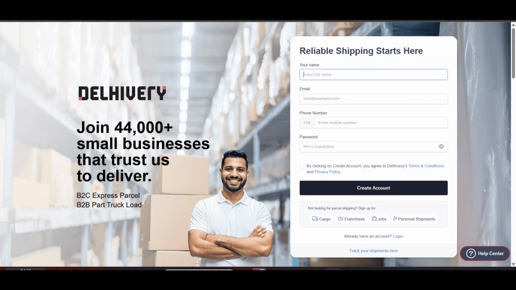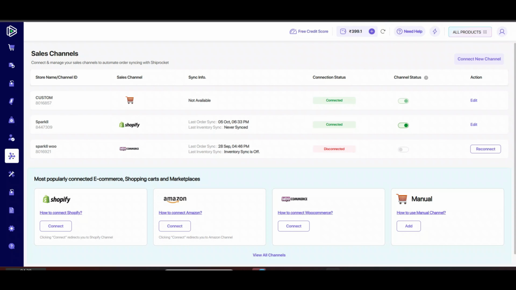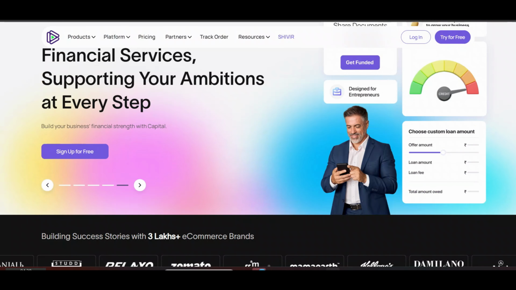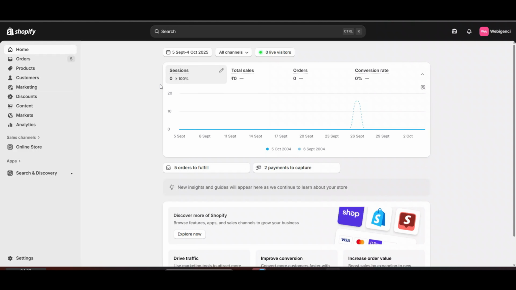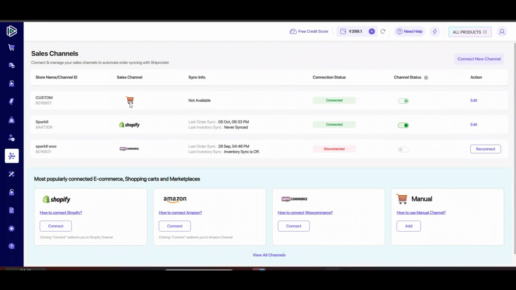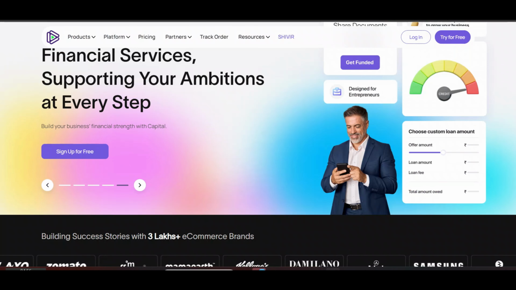Using this method, you can easily ship your order to your customer, and everything will be automatically updated to your user. You don't need to integrate or fill in everything. Once your order is placed on the website, it will automatically be shown on the Shiprocket or Delivery dashboard. You just need to click on ship. It will show the price, you select, and then it will be already scheduled. Pickup will be scheduled, and then it will be delivered to the user. So that's how you can handle all the delivery options for your website.